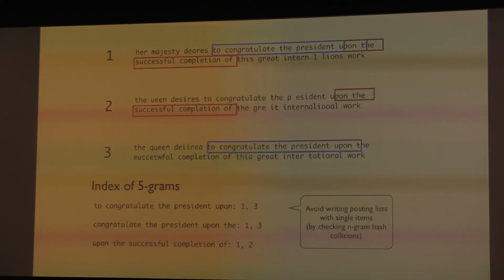So we're working basically with 5-grams. An n-gram is a sequence of n words. A 2-gram is a sequence of 2 words, a 5-gram is a sequence of 5 words. So basically, what the algorithm does is it goes through the entire archive and divides the whole thing up into these 5-grams. "Her Majesty desires to congratulate," "Majesty desires to congratulate the," et cetera. And then it's creating an index of all the matches that it's finding.